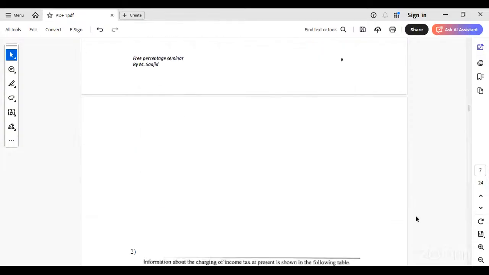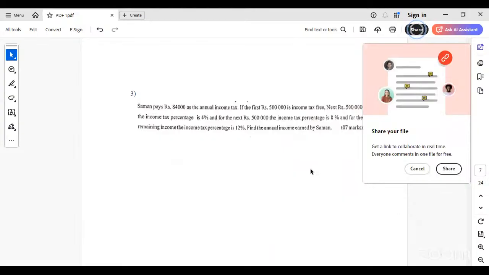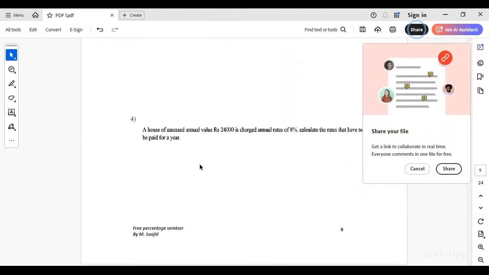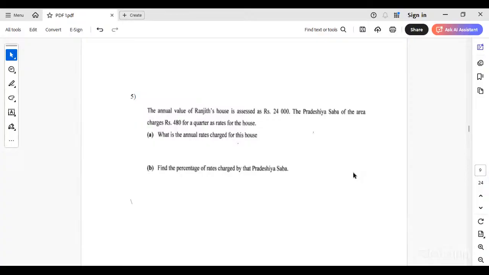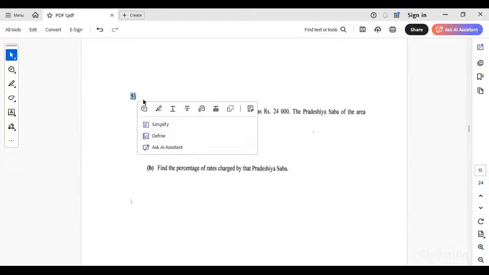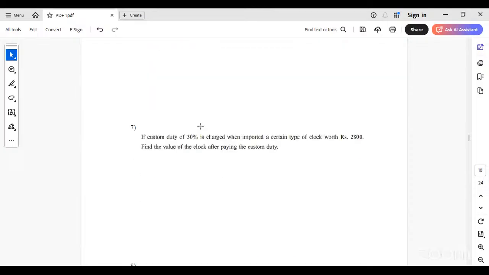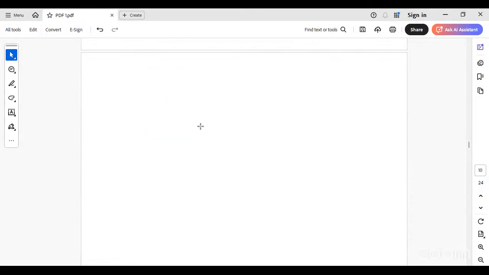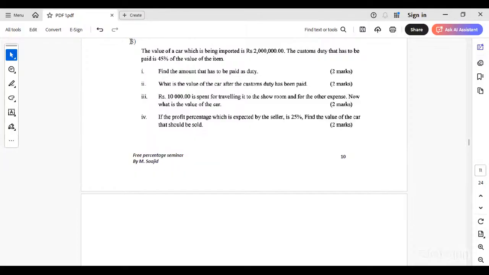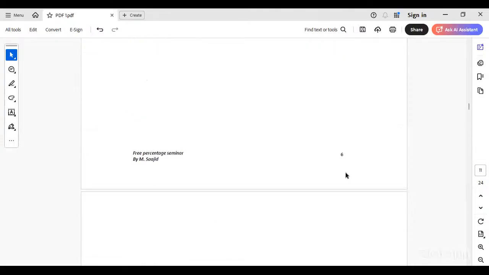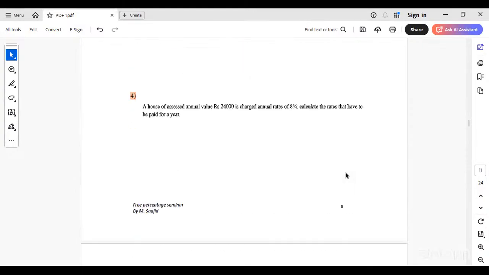Then do the fourth question also. First question, fourth one, fifth one. Mark these numbers. And the equation. First, do these four questions. First question, then fourth one, fifth,